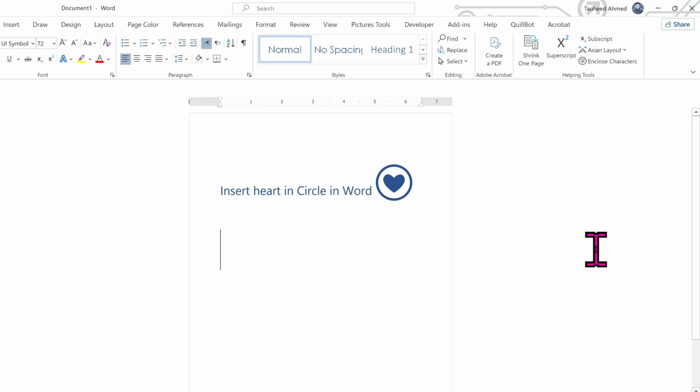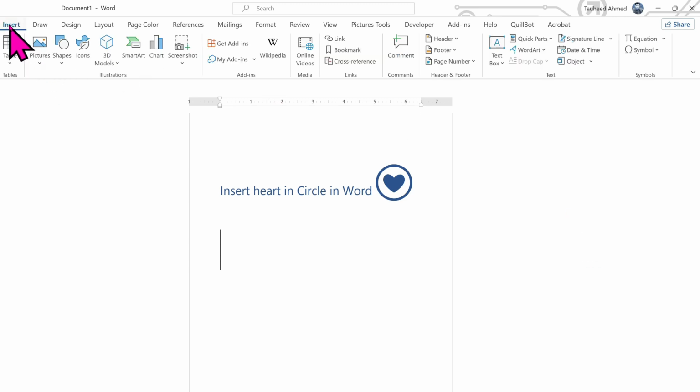Looking for how to insert heart in circle in MS Word, then keep watching. It's pretty simple and easy. Let's get started. First, head to the insert on the top menu bar, and on the right side you will